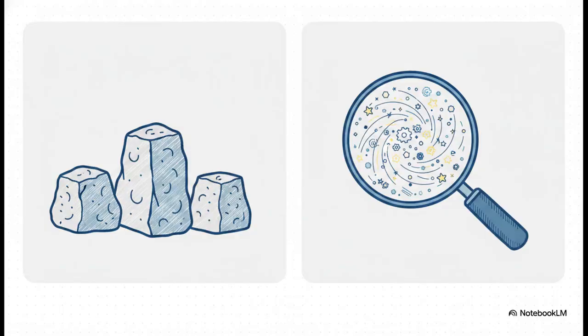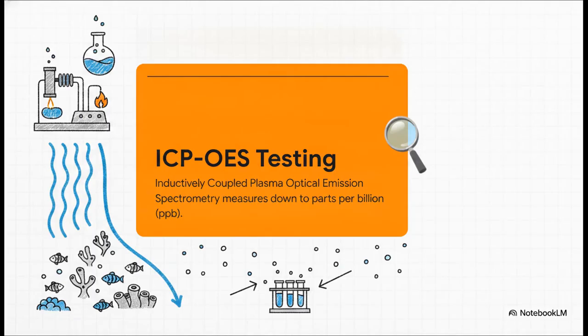To understand why, we have to dramatically shift our scale. We're stepping away from our familiar macro elements and zooming way in to reveal a hidden, microscopic world of over 45 major, minor, and trace elements. We are talking about chemistry happening at the level of parts per billion. Think of it like measuring the concrete foundation of a house versus inspecting the tiny, microscopic screws holding the entire structure together. When your corals are fading despite having good macro parameters, it's almost always because something in this massive list of trace elements is out of whack. So how in the world do we measure something so unbelievably small? Well, that brings us to